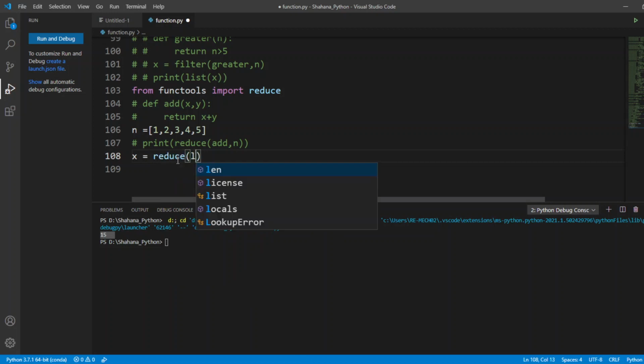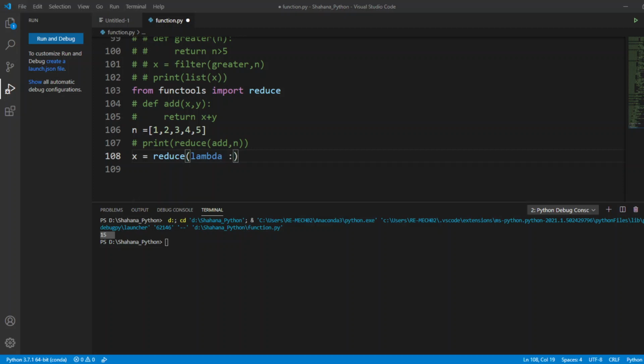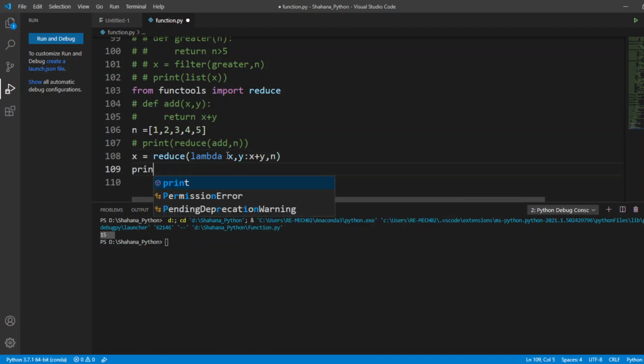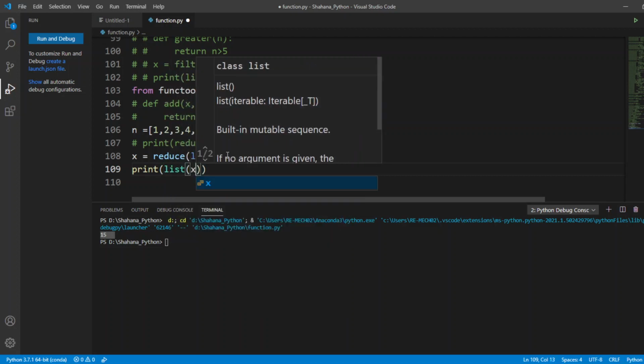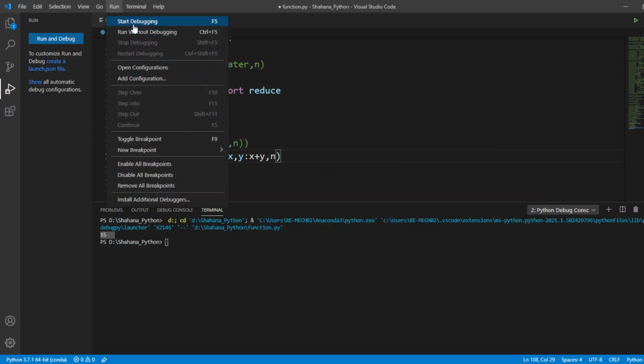Inside this reduce function I'm going to call my lambda. My arguments are x comma y, and my expression is x plus y, applied on the list n. I'm going to print x. I'm going to run this code.